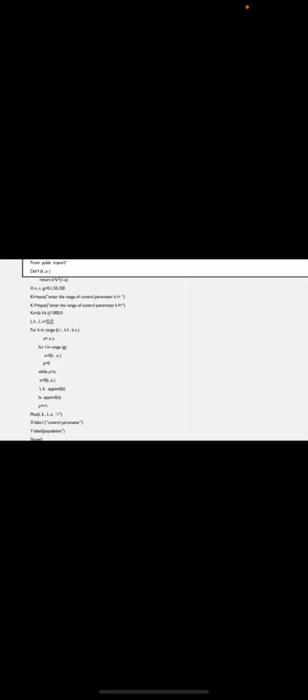The control parameters are arranged from ki to ks to kf, which is actually taken between 1 and 4. So looping occurs on each control parameter. Then the initial population, that is x equal to xn.